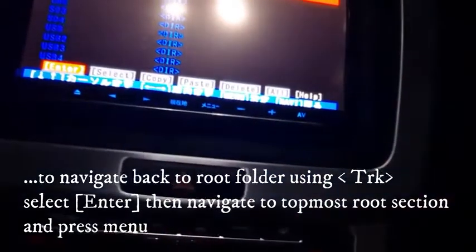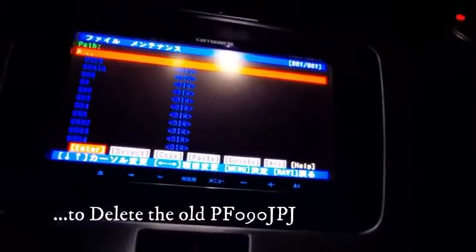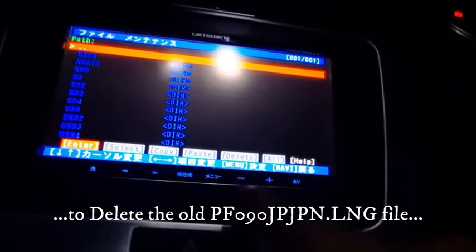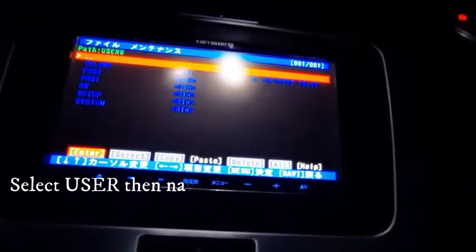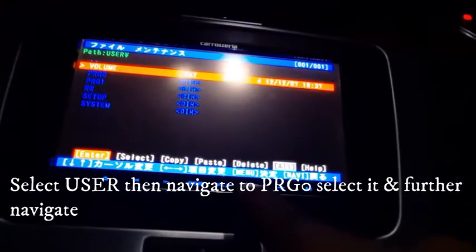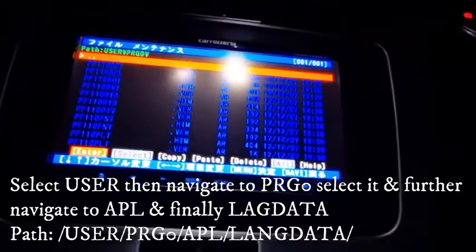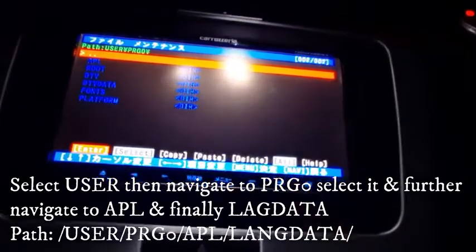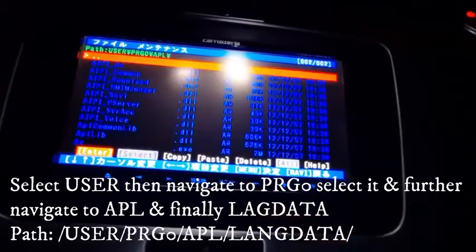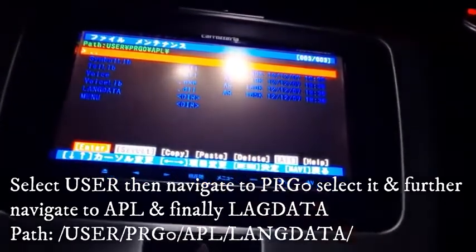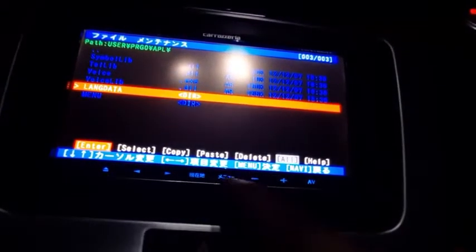So we are going back. We need to replace this file. What we're going to do is first delete this file. So scroll down to user, select user, down to prg0, select that, all the way to APL folder, choose it, all the way to our lang data folder, select it,